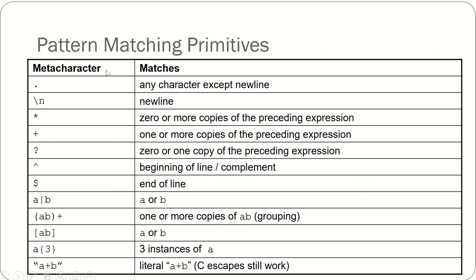These are pattern matching primitives, as we have discussed for asterisk, plus and question mark. Similarly, you can follow these. If you write dot in the action part, it matches any character. Slash n matches a new line. You need these pattern matching primitives for forming regular expressions while giving the Lex specification.